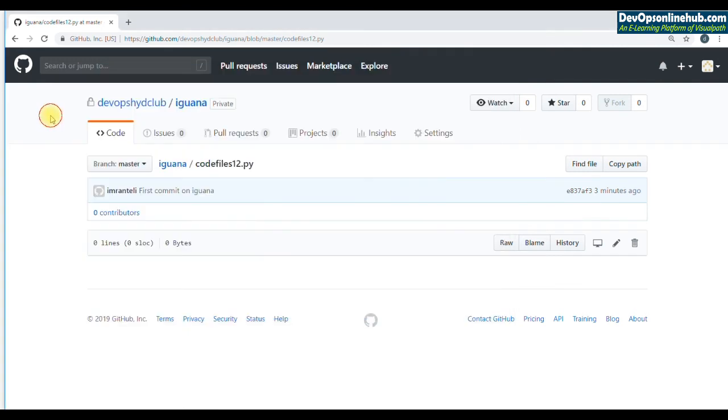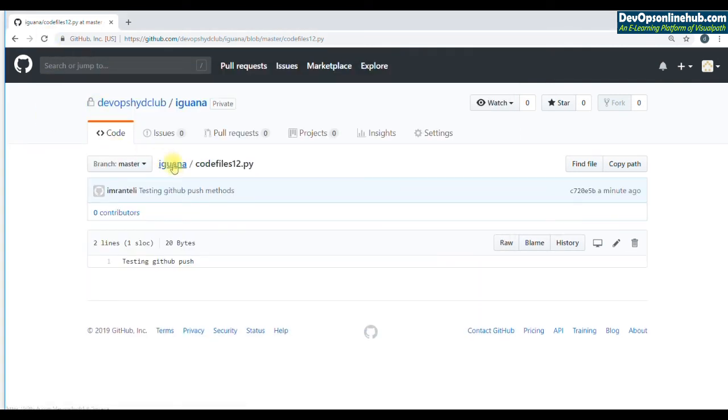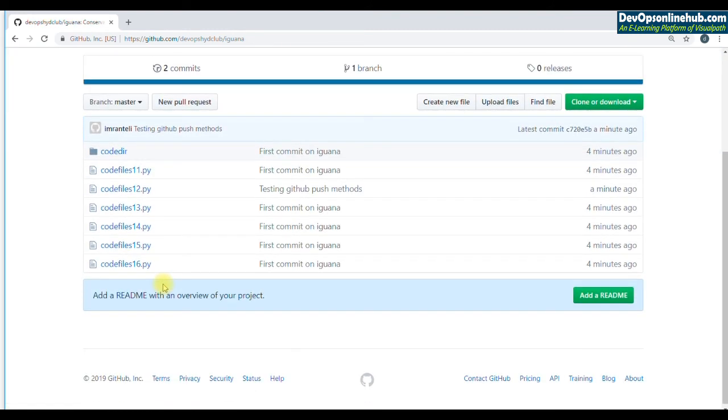Okay, it's done. Let's refresh. Now in code files 12.py, you see the commit message that we made locally. When we push, it doesn't just push the data, it also pushes all the commit messages, all the logs, all the history, everything, to GitHub.